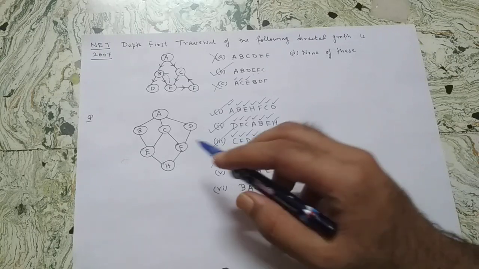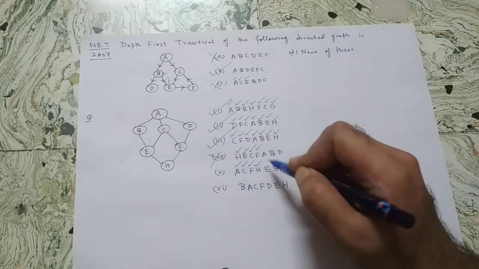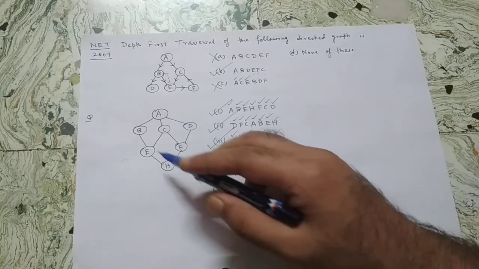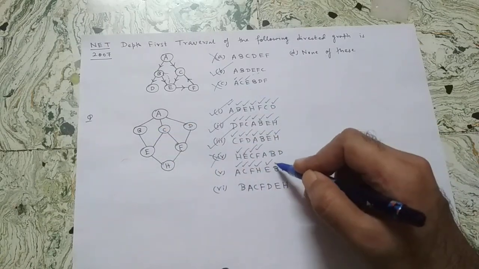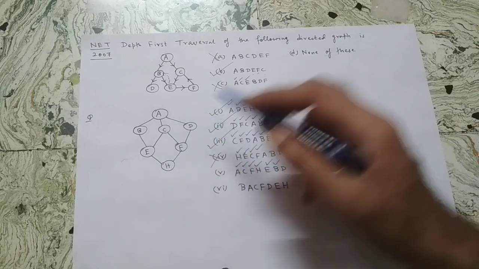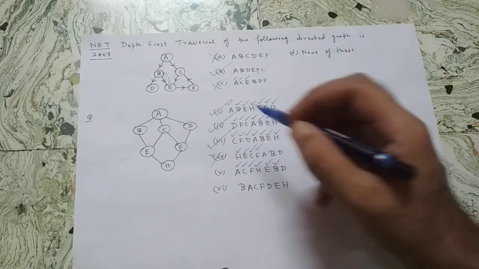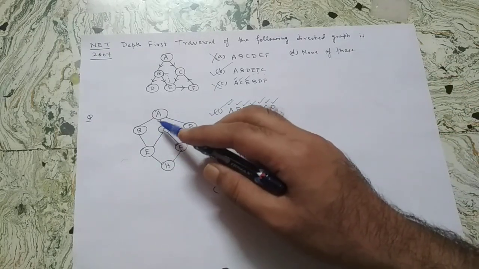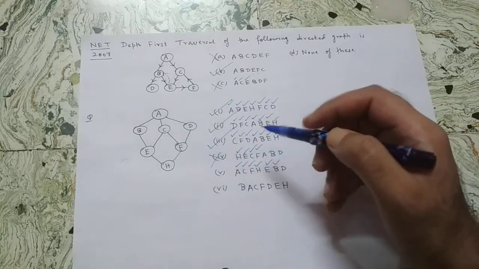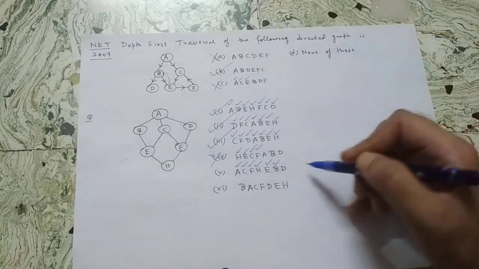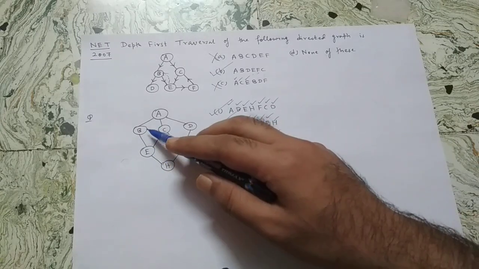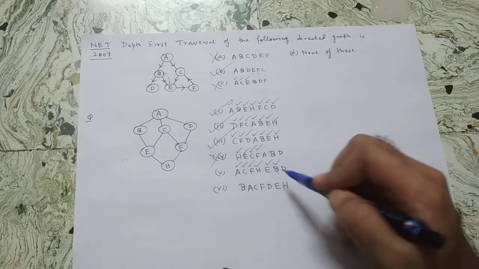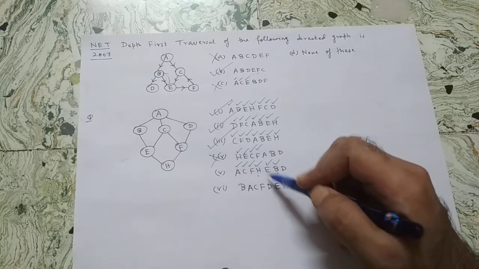From F to H, okay, allowed. Now from H to E, allowed. From E to B, allowed. From B to D, okay. Now from B, the only adjacent vertex of B is A, which has already been visited, so I'll backtrack and I'll come to E, fine. Now from E, I have B and H, but B as well as H have already been visited, so I'll backtrack